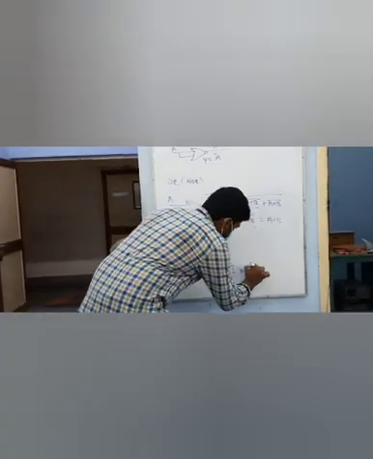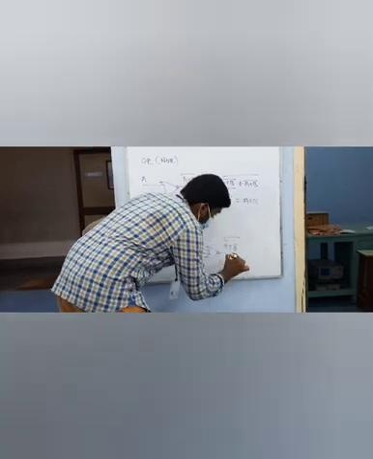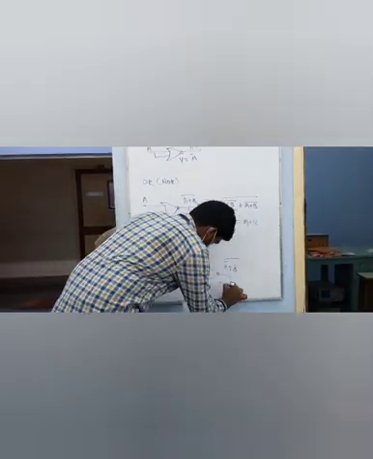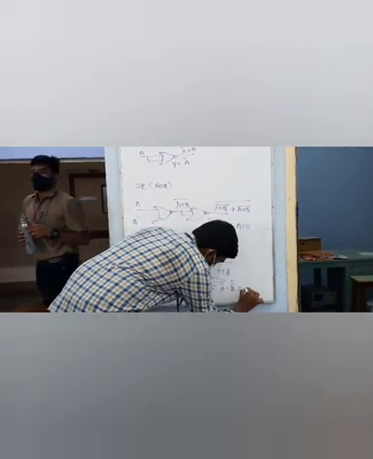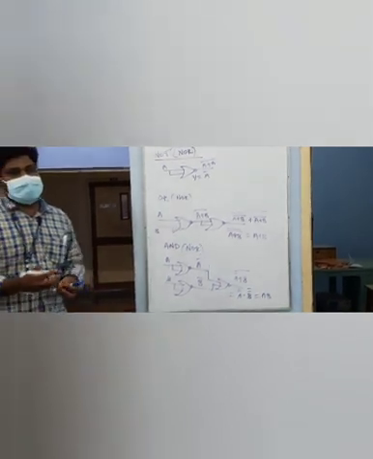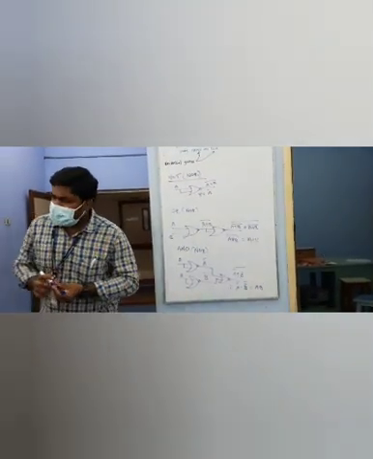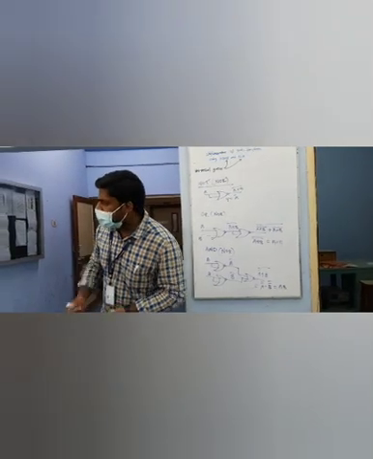Tell me. A bar plus B bar, the whole bar. Apply your De Morgan's law. A bar bar dot B bar bar is equal to AB. So I have implemented my AND gate. So using my NOR gate, I have implemented OR gate, NOT gate as well as my AND gate.